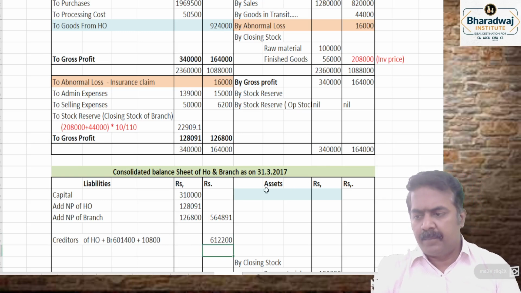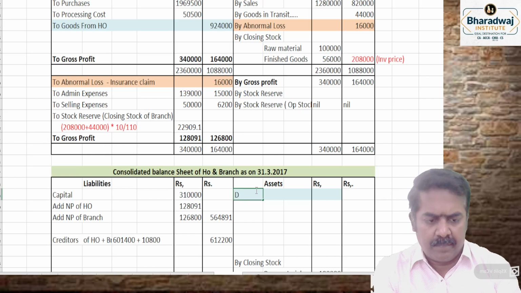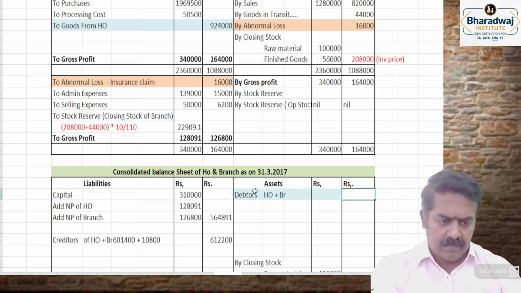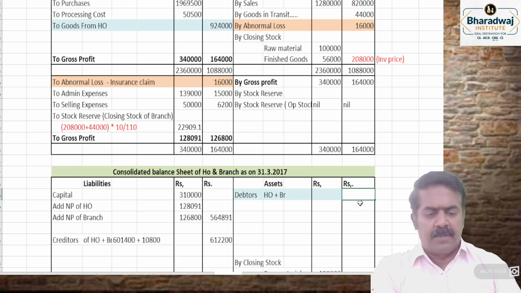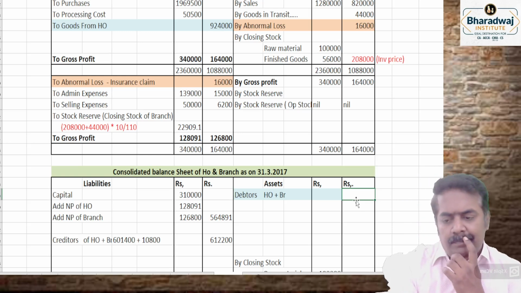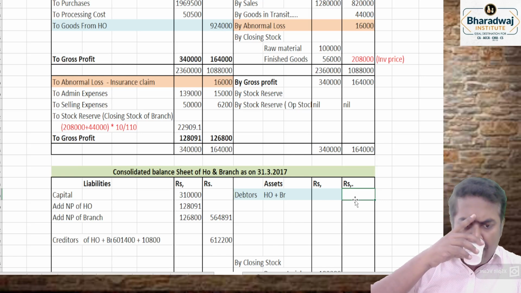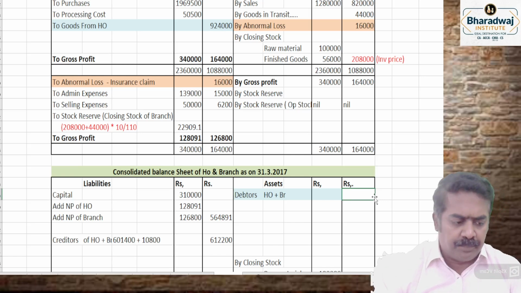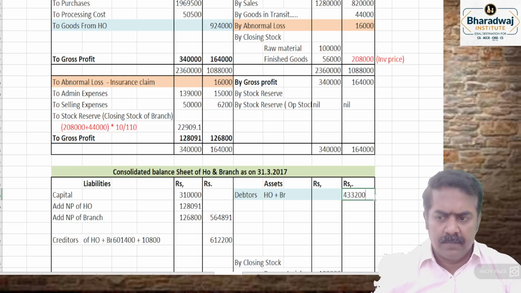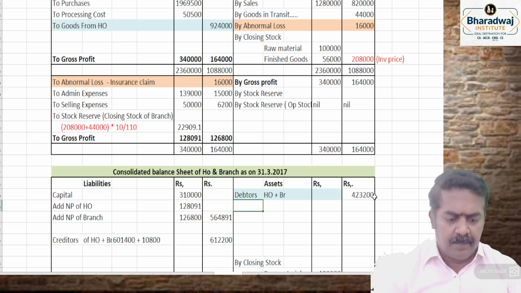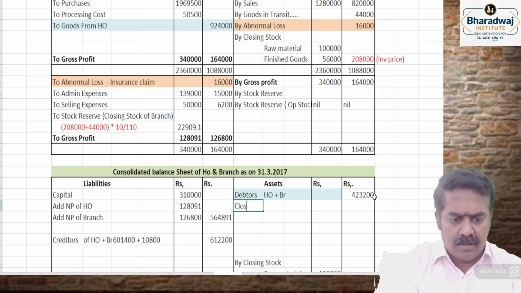Then debtors in the same manner. Head office plus branch. Add and tell me. Four lakh 33,000. 4,23,200. Then closing stock